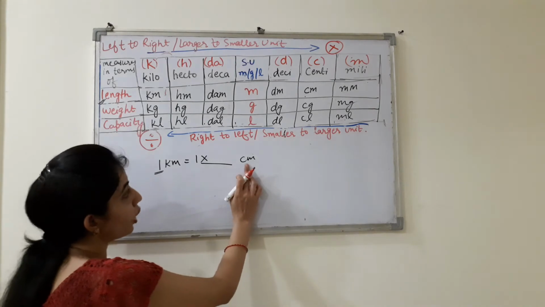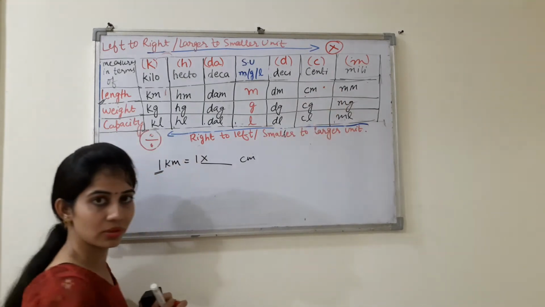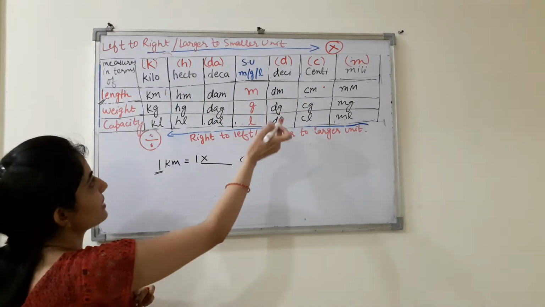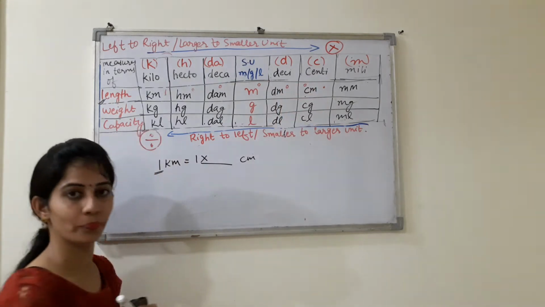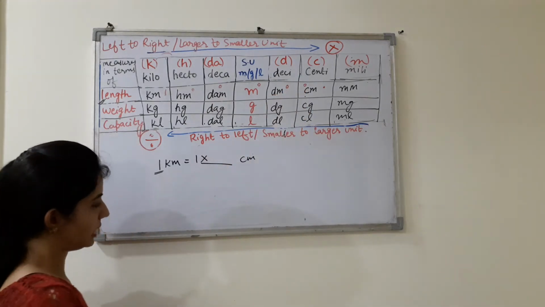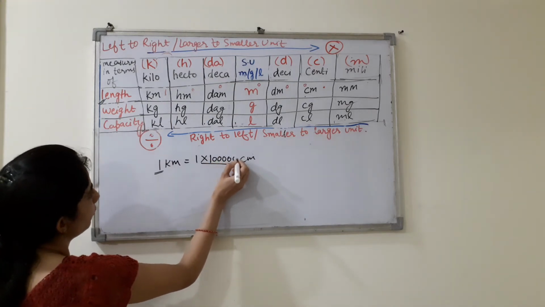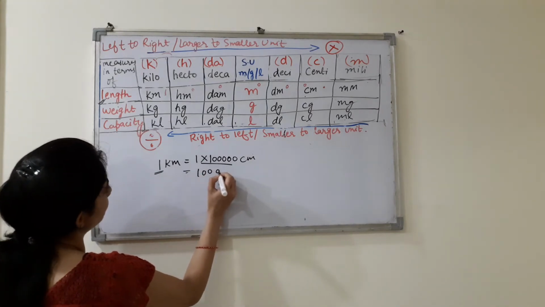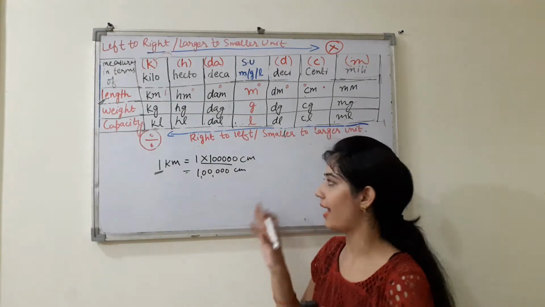Now see, you want to go to centimeter, you want to change into centimeter. So now consider the rest of the numbers as 0. It means 0 0 0 0 and 0. Right? So how many zeros do we have? 1, 2, 3, 4 and 5. So how many centimeters in 1 kilometer? 1, 2, 3, 4, 5. It means 1 lakh. So you can multiply 1 into 1 lakh. It will be the same, 1 lakh centimeters. It means 1 kilometer is equal to 1 lakh centimeters.